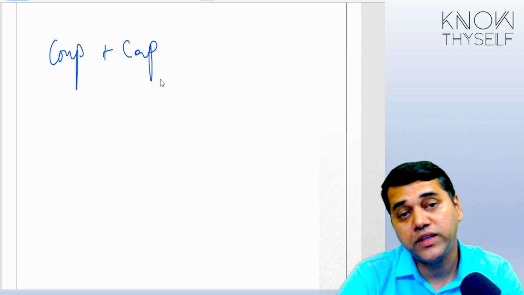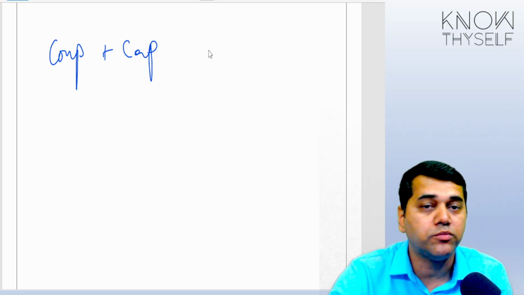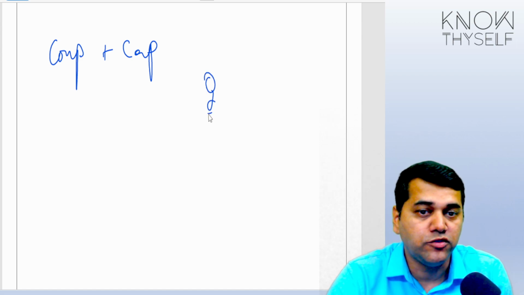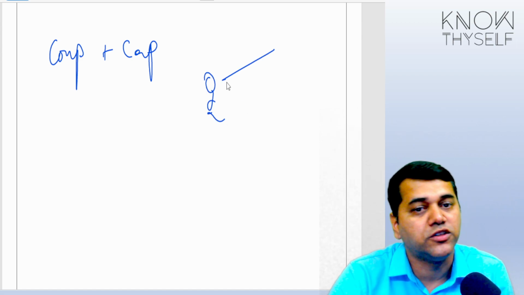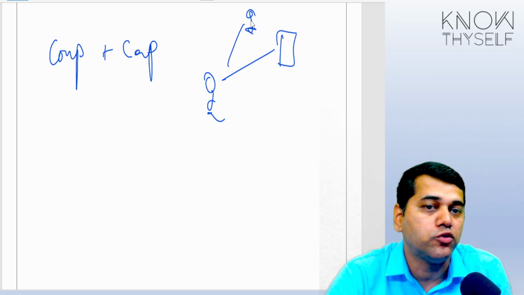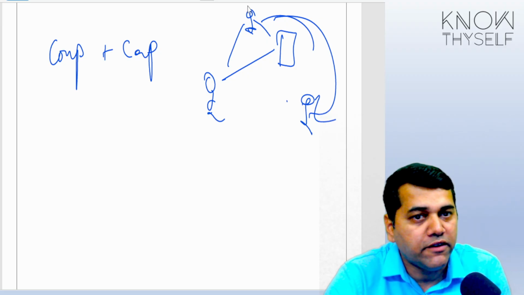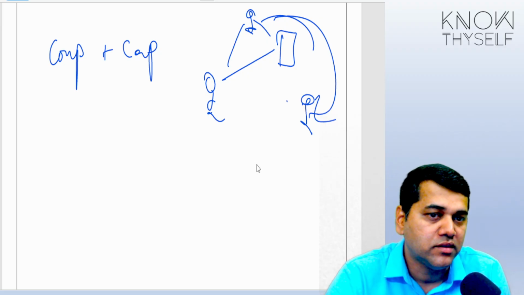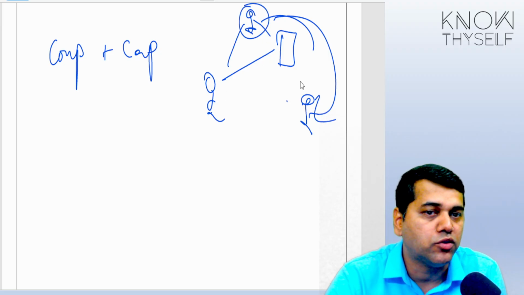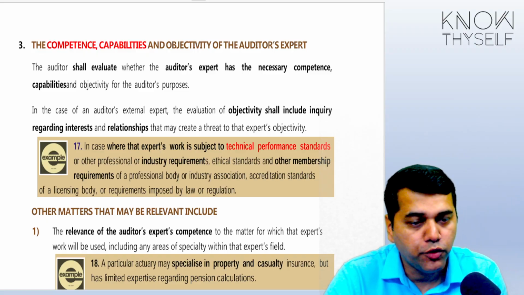Somebody is not objective. Imagine they have already been associated with this client, then their objectivity will be lost. Because if this is your client, sorry, he has purchased this picture based on the advice of so and so expert. Now, if you hire him, not aware that this guy has already given advice, then there is an objectivity issue. Will he tell you, no, it's not worth 5 crore?